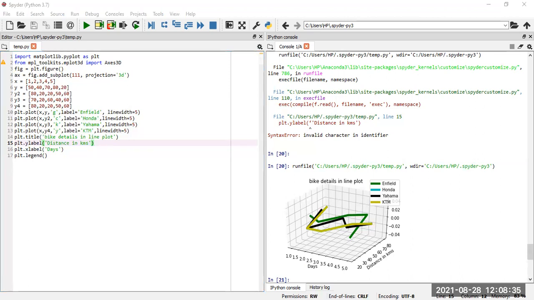We don't need to think much about in which way we need to put the data. Similarly, we can also make a histogram here. For a histogram we use plot.hist, plot.pie for a pie chart, plot.bar for a bar chart, and for accessing 3D we make it in a particular 3D mode. So things are very easy, and we can plot any type of data very easily.